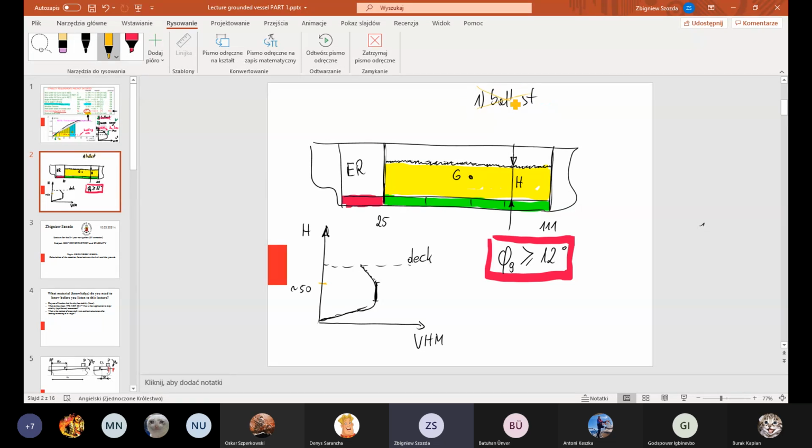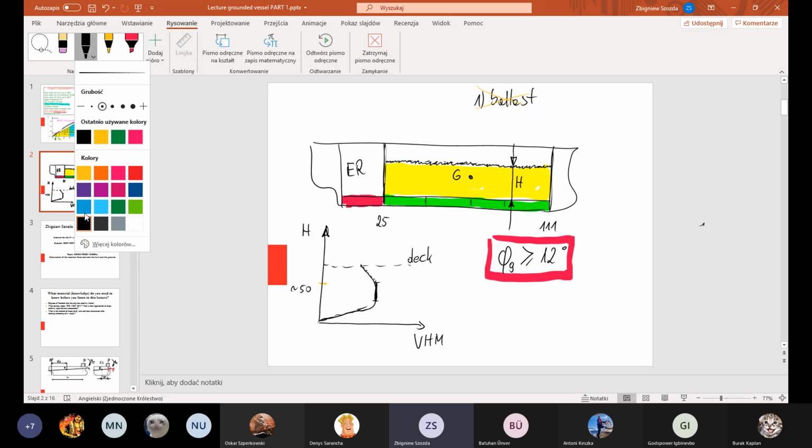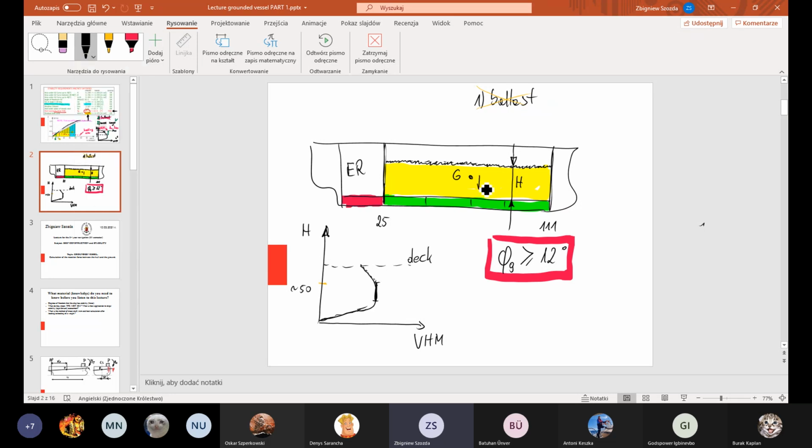It is a good idea to fill in double bottom tanks if you want to make the vertical position of the center of gravity lower, but it was not possible because all double bottom tanks were filled in 100%. And the second option, Batuhan said, was to load more cargo